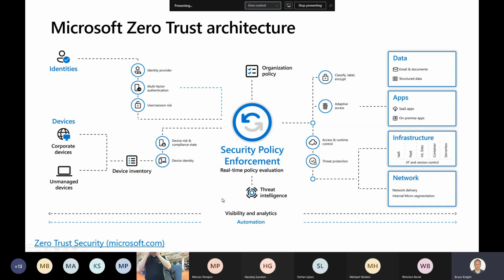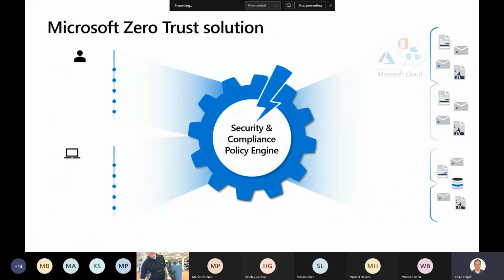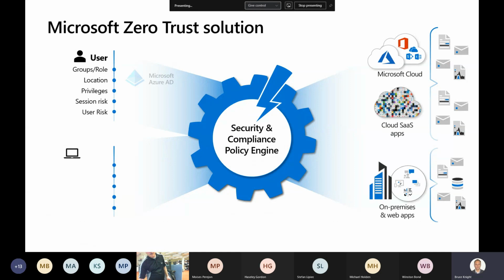I have included a slide if you haven't seen this architecture before. It's very high level, but it's a good reference piece to look at how the picture fits together. We'll also be sharing these slides after the session, so you can have access to these at a later stage. But just to overlay the Microsoft solutions on top of that, from an identity perspective,